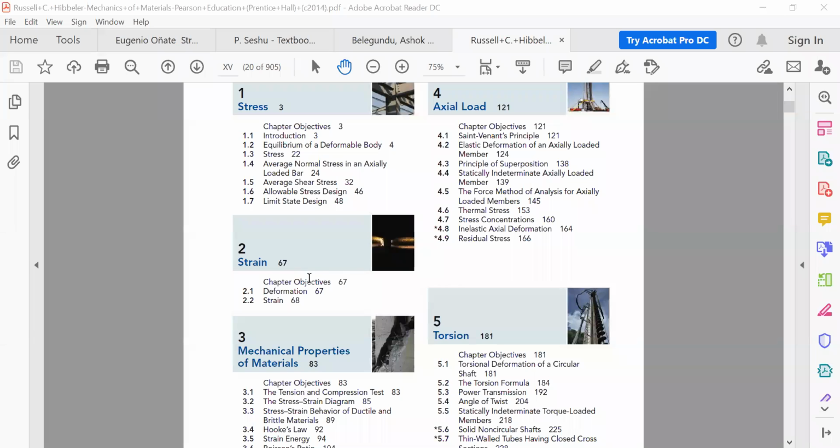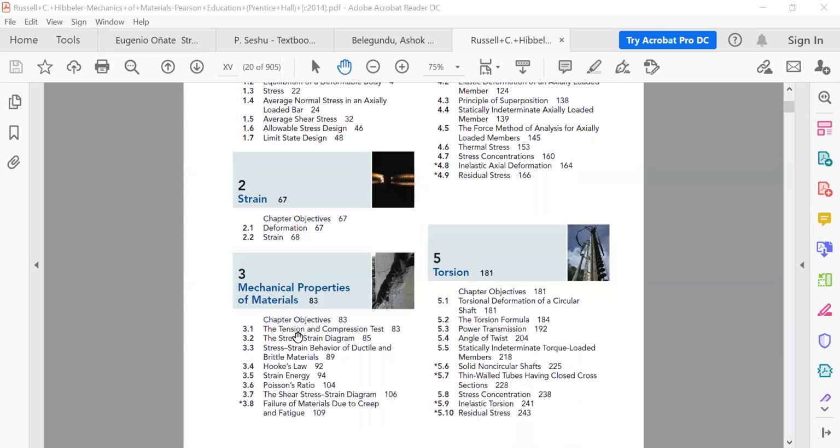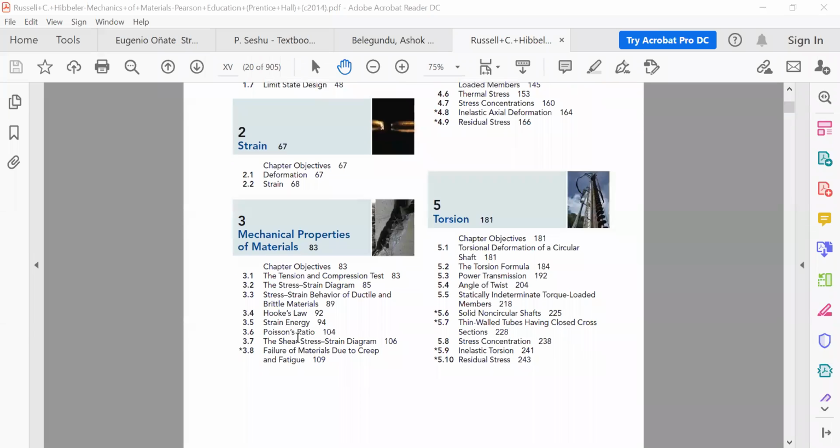That's how we'll be going as well. After evaluating and consolidating the concepts of stress and strain, we'll be talking about the mechanical properties of the materials. A few tests that we'll be conducting: the tensile test, which is very important, and the compression test. The torsion test, the compression test, as well as the shear test,